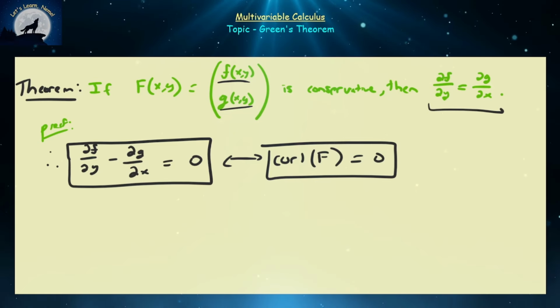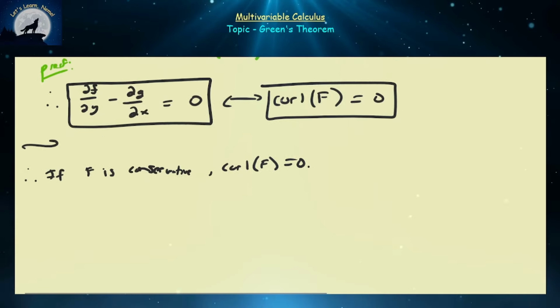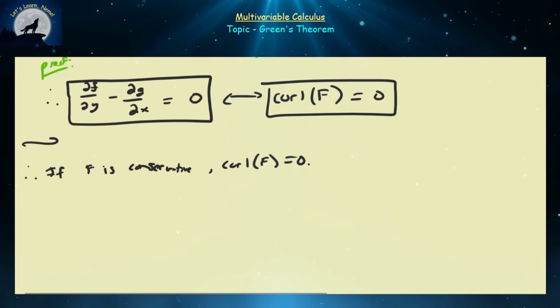So if this is the case, then what do we know? That means if f is conservative, then the curl of f is equal to 0. Yes, this statement only covers the two-dimensional case, but it's also going to be true for the higher dimensional cases, such as 3-dimensional, 4-dimensional, 5-dimensional, which is going to motivate, in some sense, why we define curl like we do. Right? In some sense, we want this to be true, so we define curl in a special way such that